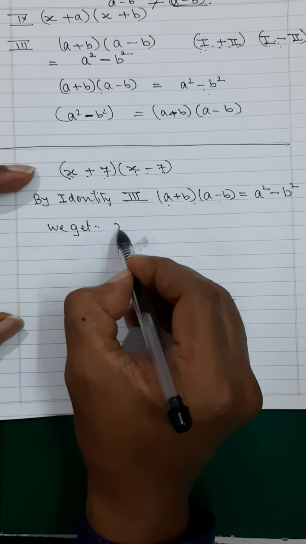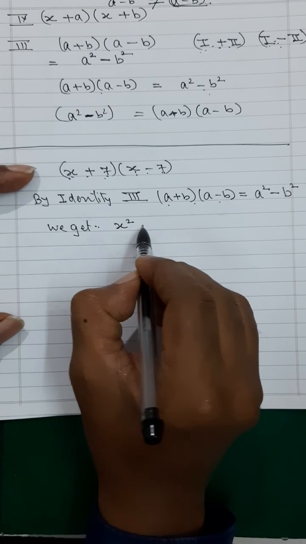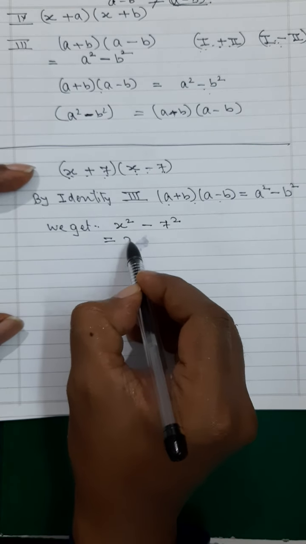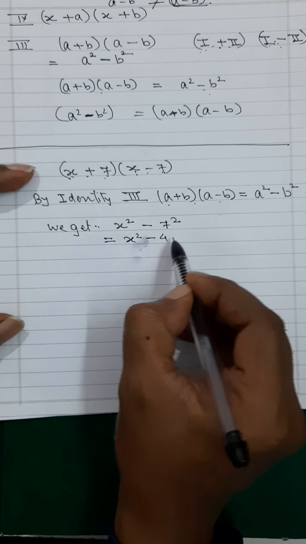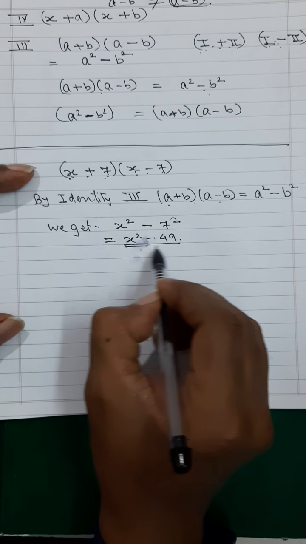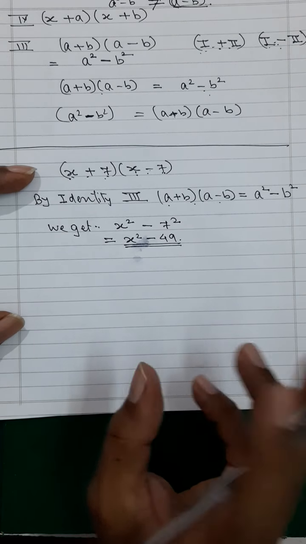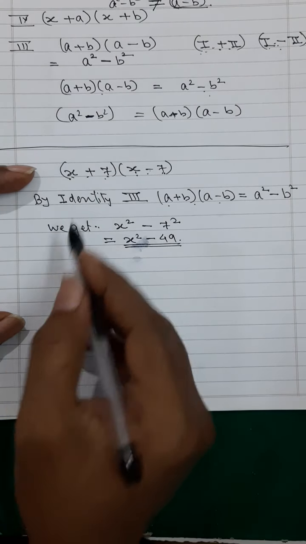What do I write? Square of first term minus square of second term. That is equal to x square minus 49. This will be the answer. Now you will come to know, my dear students, slightly, not very much, slightly the